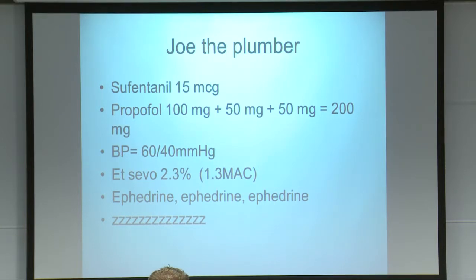Then we place an LMA, and the next blood pressure is 60/40. Oops. We need some ephedrine. We keep Joe and the surgeon happy with an end-tidal concentration of sevoflurane 2.3%. This is 1.3 MAC. The blood pressure goes up and down during the procedure, and we have to give ephedrine